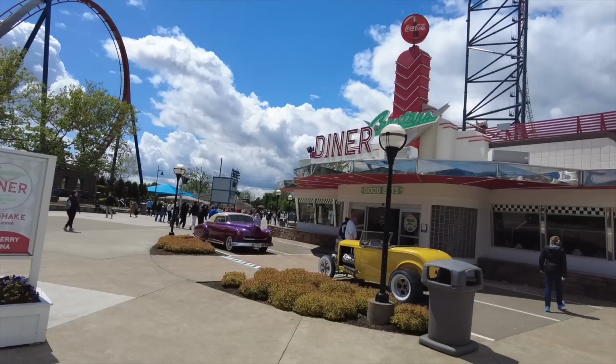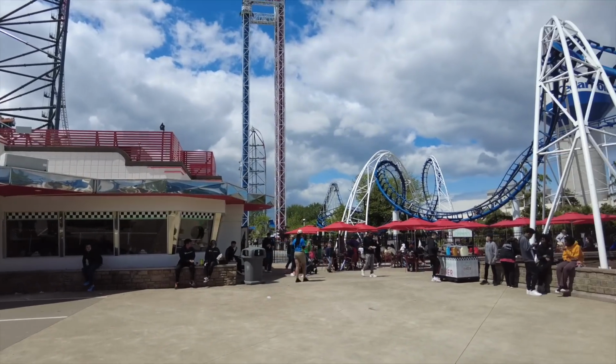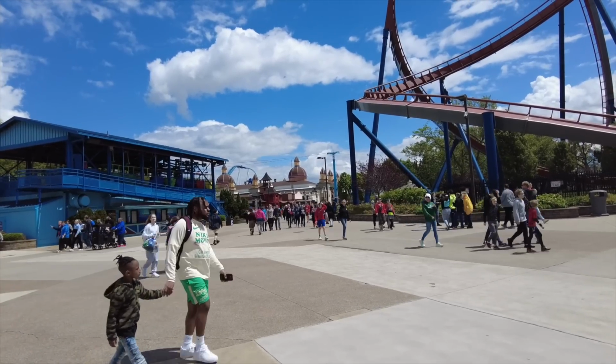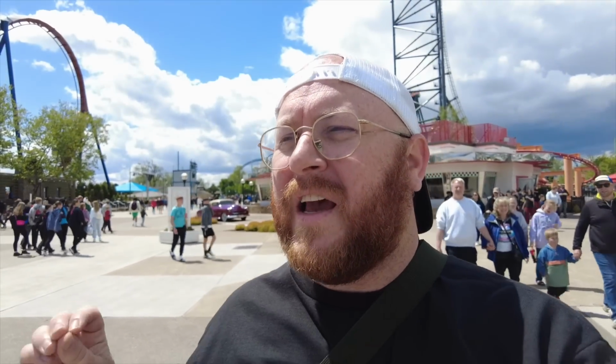To answer. Obviously, there are all kinds of places to eat here at Cedar Point. Coaster's Diner, the Farmhouse Kitchen and Grill, Hugo's. We have tons of different restaurants, and there are still more. If you leave the gates of Cedar Point, there are still multiple different restaurants, and we've kind of touched on this just a little bit when we talked about the marina and the beach, but you can go to a